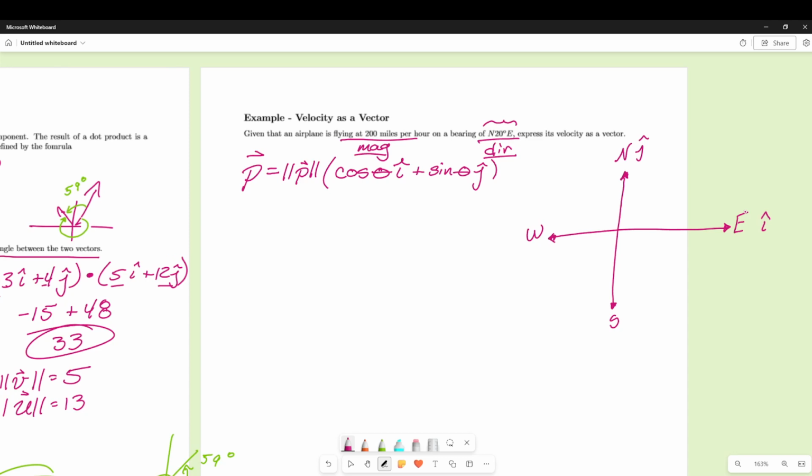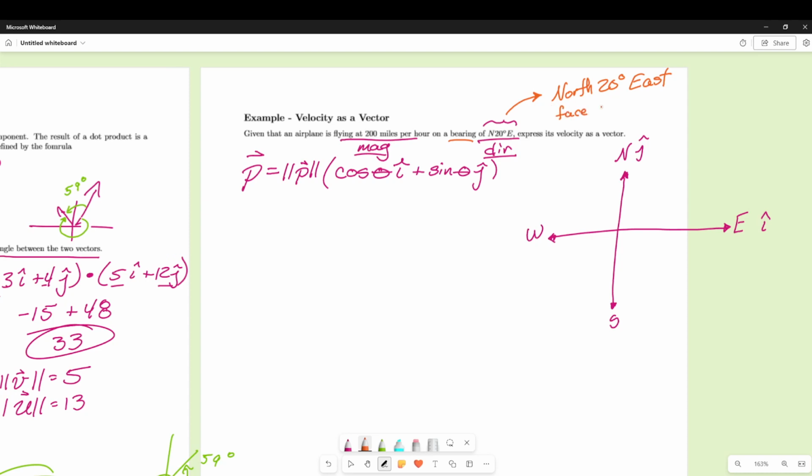Now, while that's how we naturally think of them, that's not often how bearings are expressed. So when you see a set of bearings like this, learning to read it is fairly important. So you've got three pieces of information here. This says north 20 degrees east. So if the plane is bearing north 20 degrees east, that means that's the direction the plane is going. And it's describing